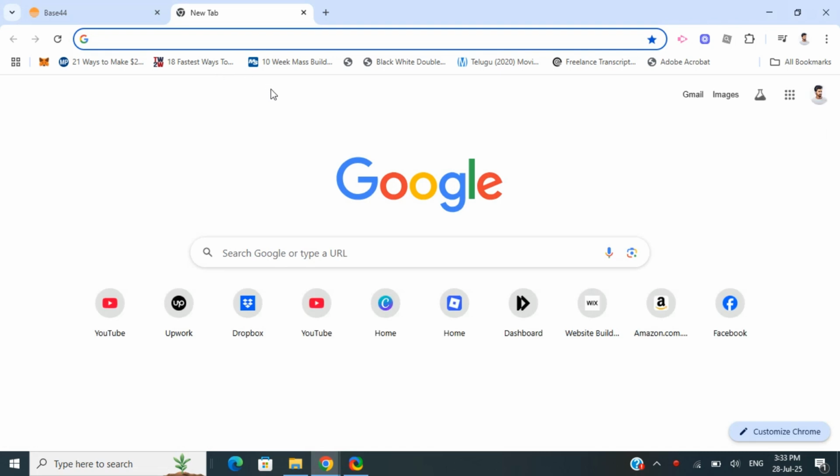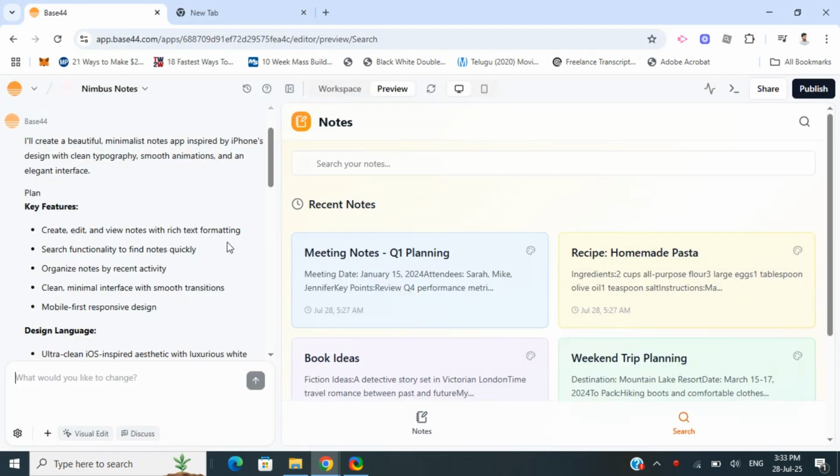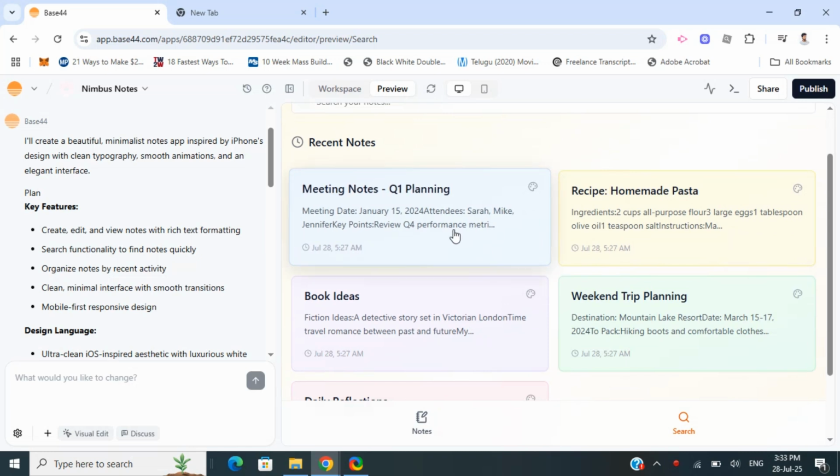In this video, I'm going to show you how to add a loading spinner with Base44. So what you can do, first open up Base44 and open up the project that you've been working on. For example, here, I've got this app that I just created. Okay, so here, if you want to simply add a loading spinner, you can simply say that by